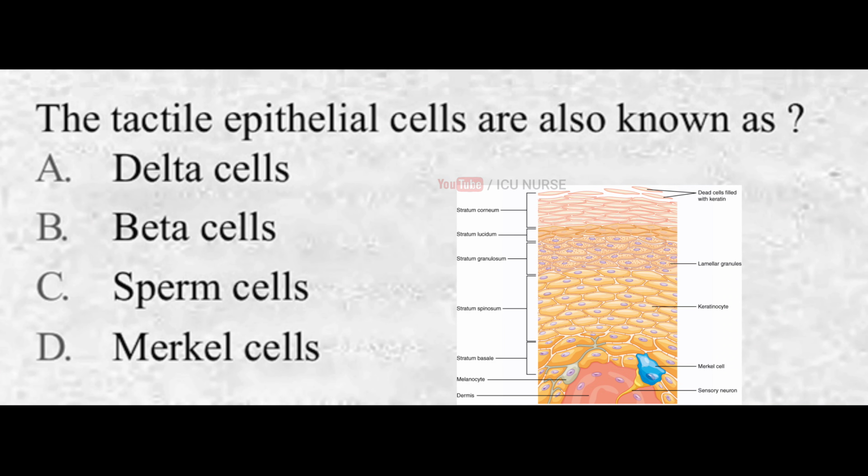The tactile epithelial cells are also known as A. Delta cells. B. Beta cells. C. Sperm cells. D. Merkel cells. And the correct answer is